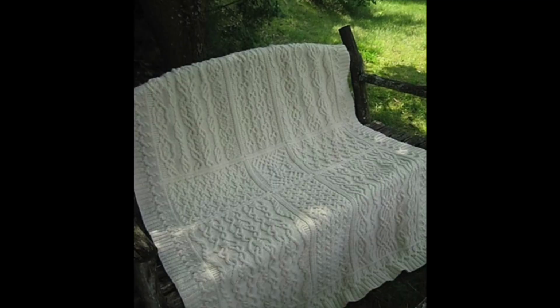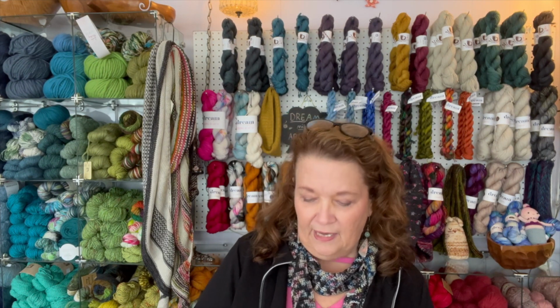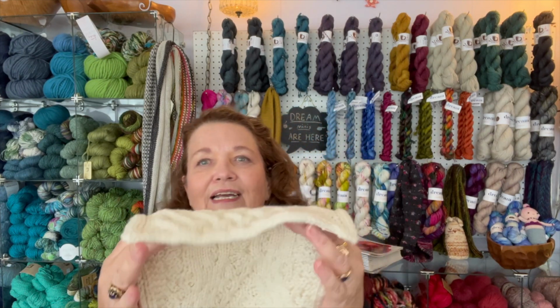Instead of being square blocks always, it's got some different shaped blocks. So it's really beautiful. I've got 2 of the blocks done now, and we're going to be using Cascade Aran. It's just like a heavy worsted, and you end up with 3 needle sizes, but you're mostly knitting on a 9. You're casting on and casting off with 10s and 8s. And it's not real casting on and casting off. You're knitting an I-cord for the beginning, you're picking up the stitches, and then,